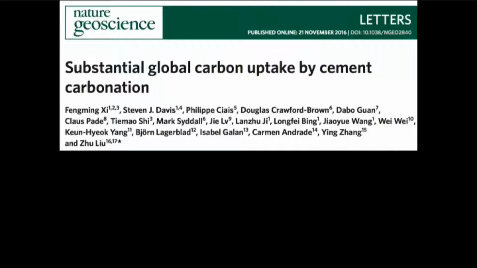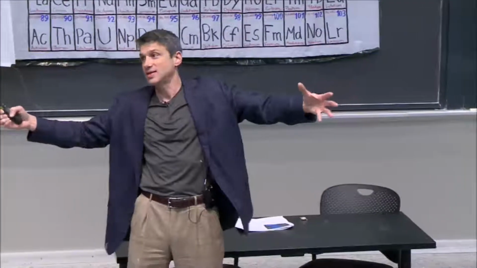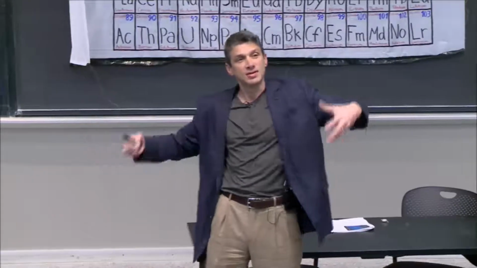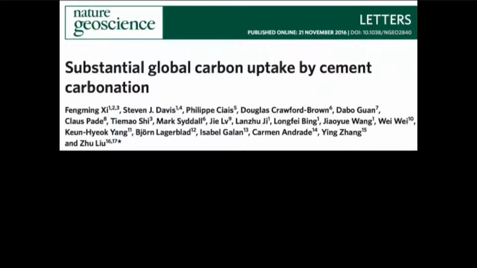And tying this back to the cement, there is some really interesting research that's going on in actually, instead of, okay, so you got the CO2, it comes out when you make it because of the ovens and you're burning stuff, but what if you could take that CO2 and just put it into the thing you're making? And by the way, if what you're making is a huge scale like cement, then maybe you could put a lot of it in, right? And maybe that could have a real global impact. So there's a lot of interest in substantial global carbon uptake by cement carbonation. So maybe you could get some of it in the cement.